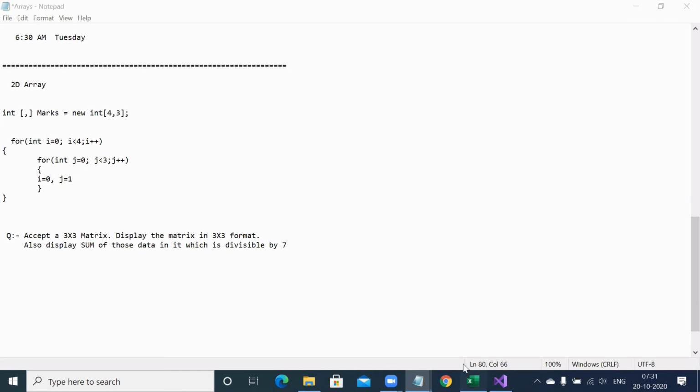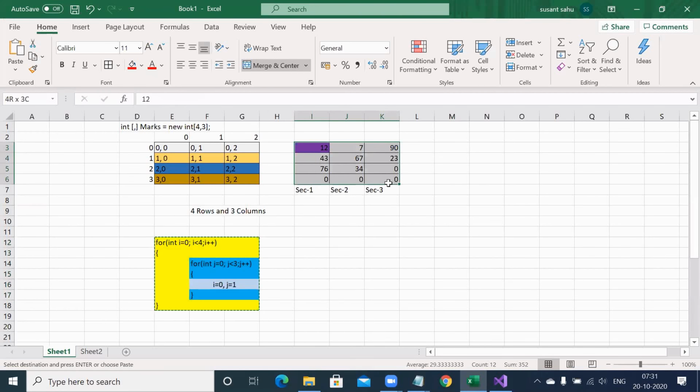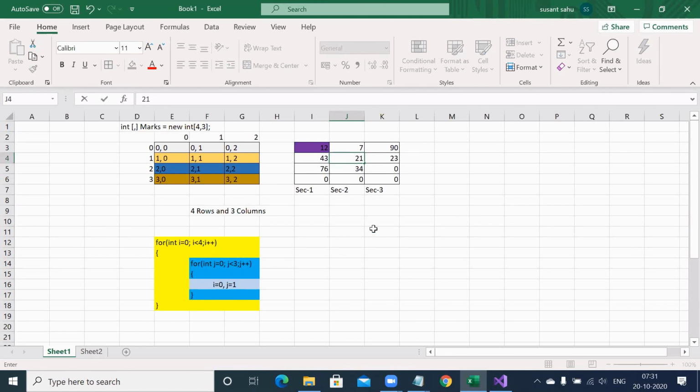For example, if this is your array, check it, is there any value which is really divisible by 7? Okay, imagine here you have 21. Imagine here you have something called 14. Here you have 7. So indirectly saying, I need sum of this, and this.